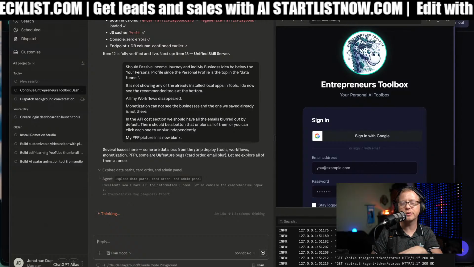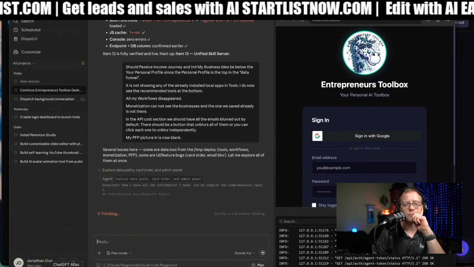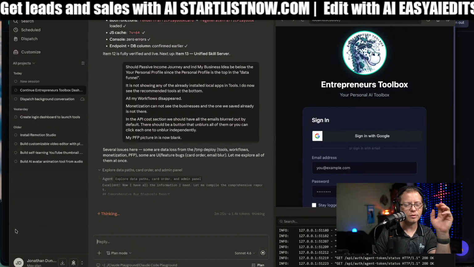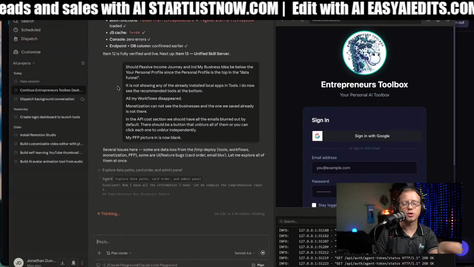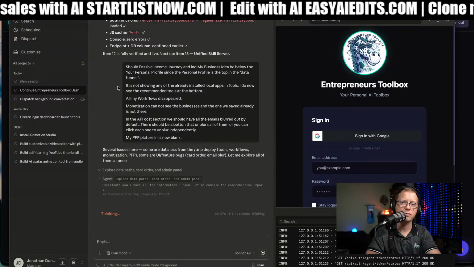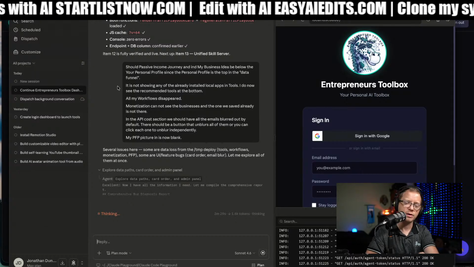So kind of the flow that I get when I am vibe coding so far is, this is the second terminal window in Claude Code that I've been coding in.